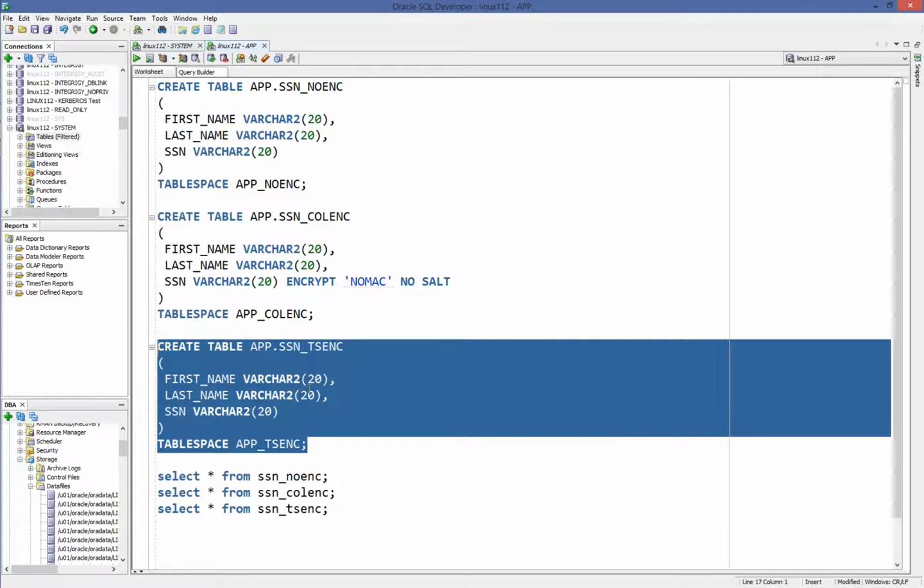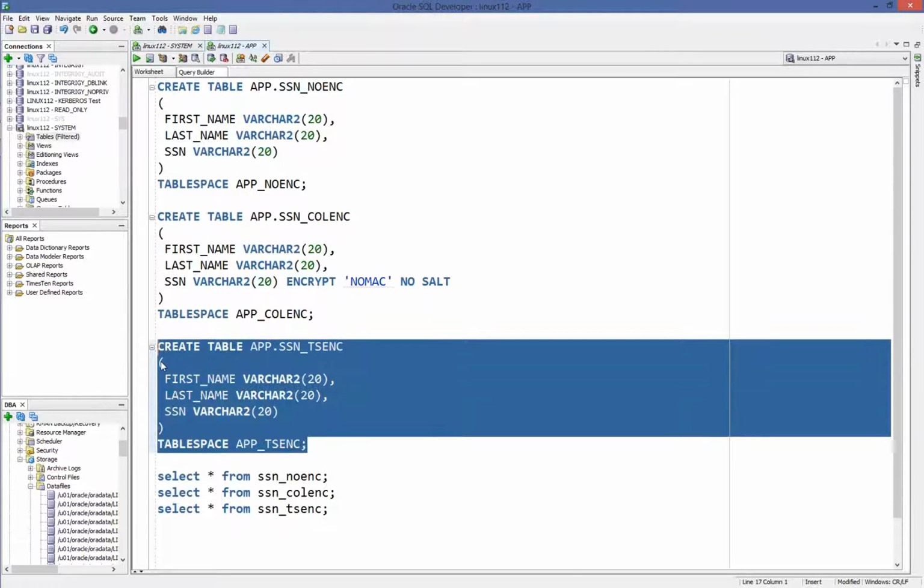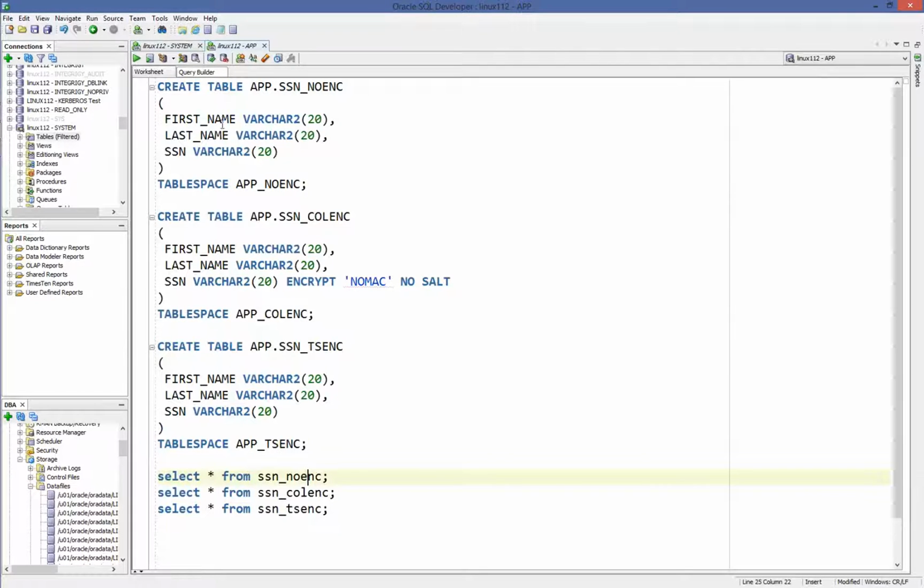Interesting point here is there's nothing else here. This is how transparent TDE is. If I have tablespace encryption, I just create the tablespace encrypted, and I don't have to change anything else for my table definition. It looks just like an unencrypted one, and the only difference is I have to make sure it's going into an encrypted tablespace. So I've created these 3 tables, and now if I go select them, here's the key about